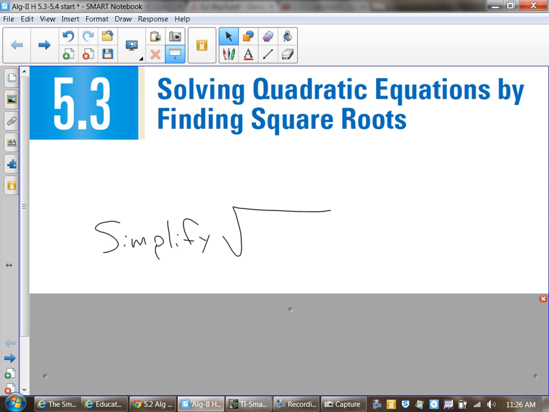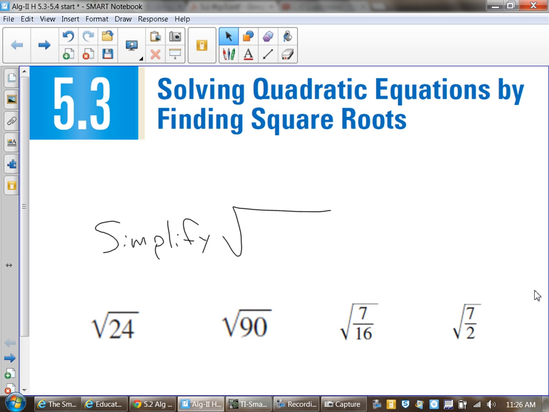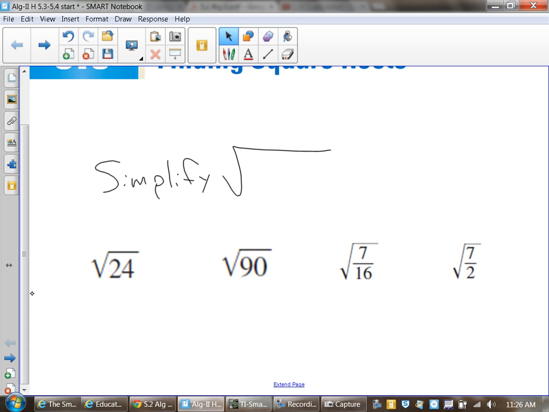So here's what happens. Remember, when you are simplifying square roots, I'm going to show you guys the old way of doing things, and I'm going to show you a nice little trick if you forget how to do this. When you are simplifying square roots, what you are looking to do, if you recall, is find the largest perfect square that goes into something so you can factor it out. Remember, your perfect squares are 4, 9, 16, 25, 36, 49, 64, 81, 100, 121, 144, 169, 196,